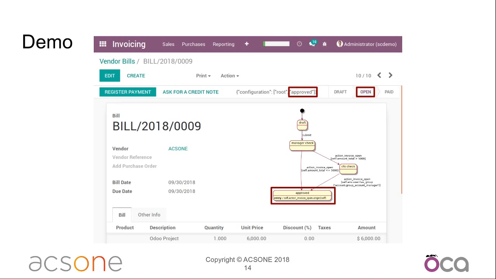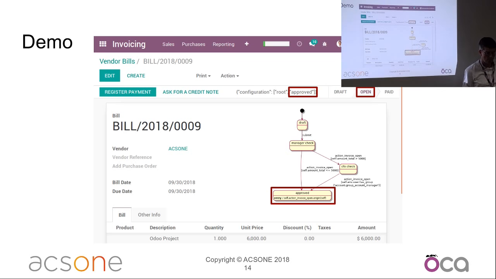So you see very little code, and immediately translated into an executable flow just by adding the visibility conditions on the button, or adding buttons for the new events we have added that did not exist in Odoo